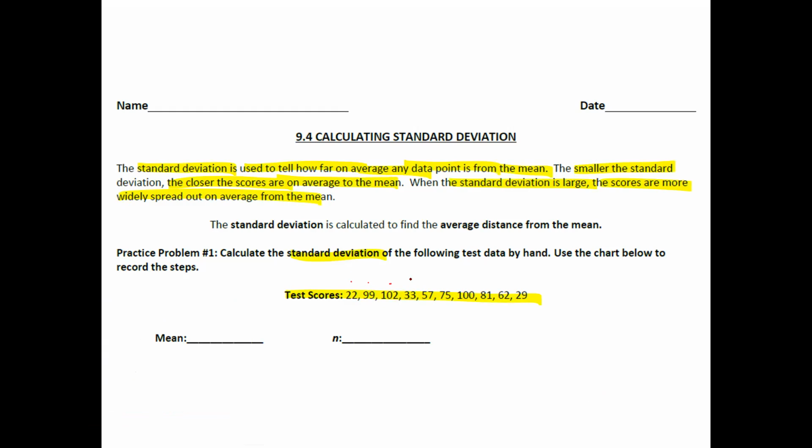Well, there's 1, 2, 3, 4, 5, 6, 7, 8, 9, 10, n equals 10 students because there are 10 test scores. And the mean just means you're going to find the sum and divide it by 10. So with your calculators, 22 add 99, add 102, 33, 57, 75, 100, 81, 62, and 29, which gives you a sum of